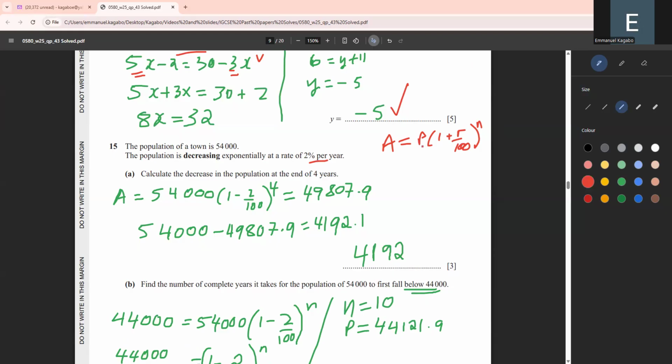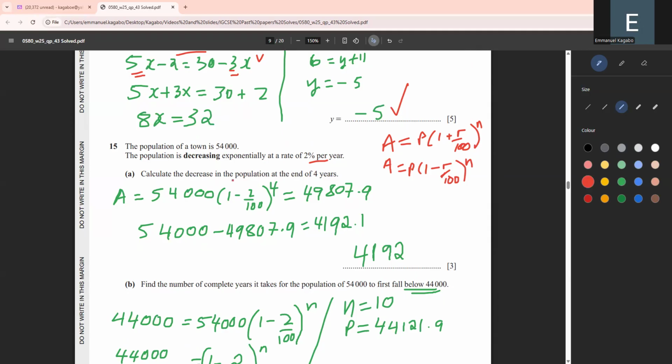Now, it is plus when the population, or anything you're trying to work with, is increasing exponentially. This one is decreasing exponentially, so my formula will be equal to P bracket 1 minus r over 100 to the power n. Okay? Now, if that's the case, they're asking us to find the population, calculate the decrease